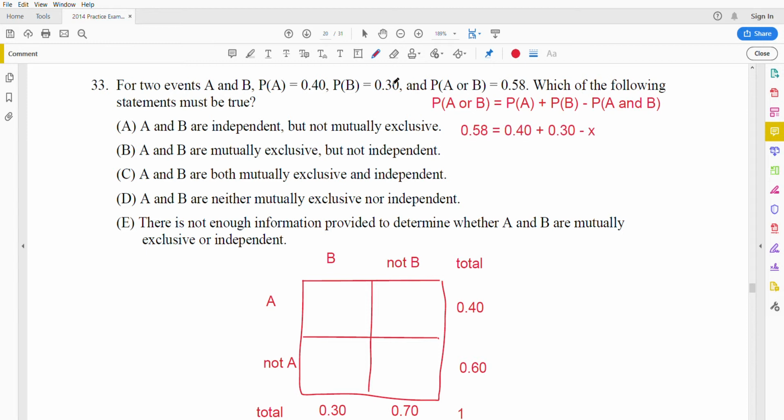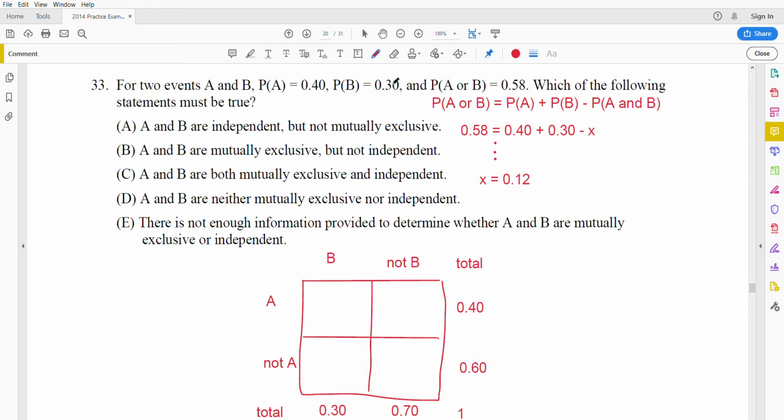The probability of A or B we know is 58%, the probability of A is 40, the probability of B is 30. The only probability we don't know is the joint probability, A and B, and so I just wrote X there. We'd use a little bit of algebra, right? 40 plus 30 is 70, isolate X, and what you end up with is X equals 12. So the probability of A and B both occurring is 12%, and that would be represented by the